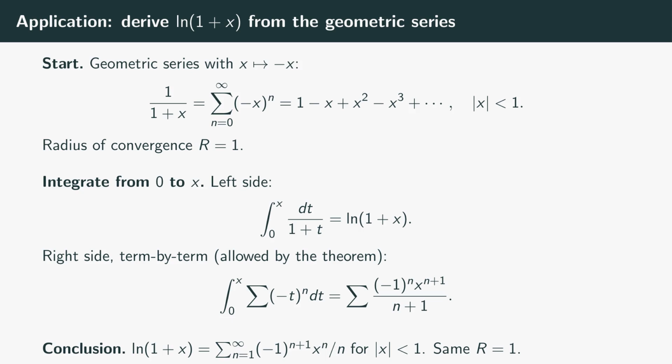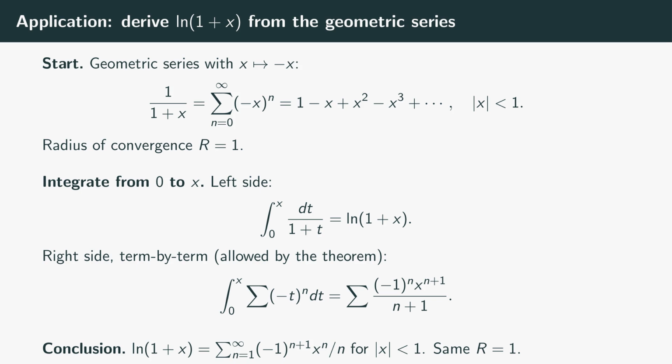Let's derive the Maclaurin series for the natural log of 1 plus x by integrating the geometric series. Start with the geometric series in the form 1 over 1 plus x equals the sum of the quantity minus x to the n equals 1 minus x plus x squared minus x cubed, and so on, valid for the absolute value of x less than 1, with radius of convergence r equals 1. Now integrate both sides from